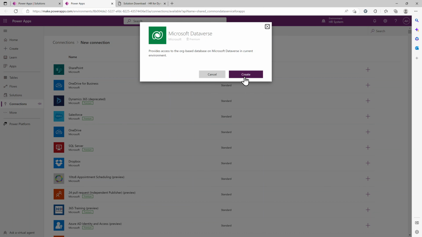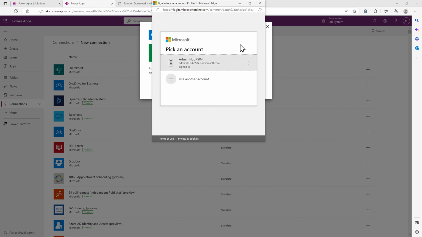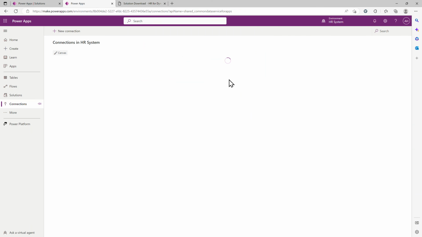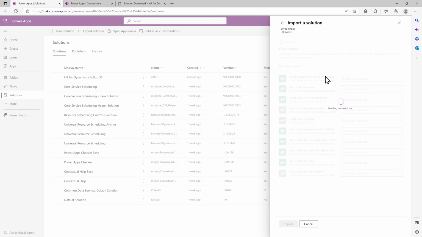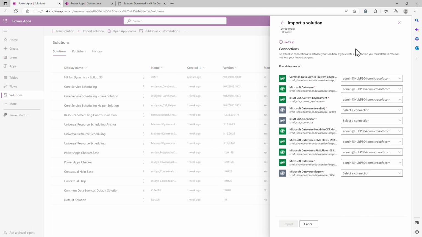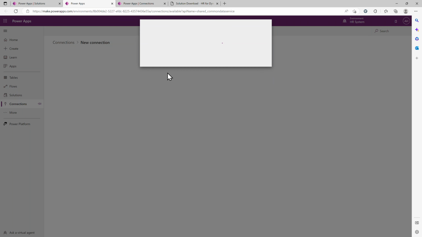For this, we click on Create, as we just saw. We log in, and now we created a connection. Now we can go back to our first tab, click on Refresh, and now you'll see a lot of those have already been filled. Here we are missing one yet, so we click on here again, go to the next